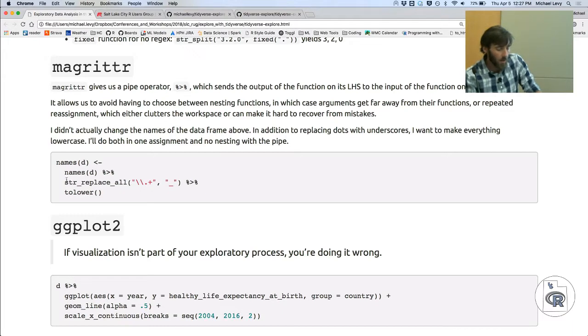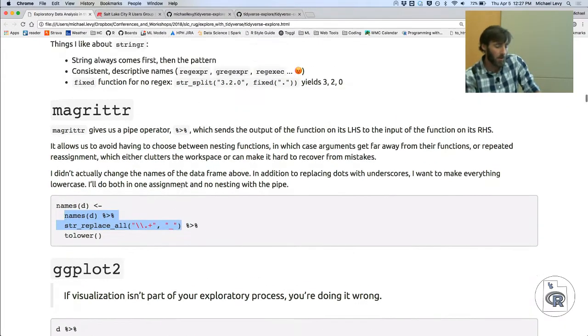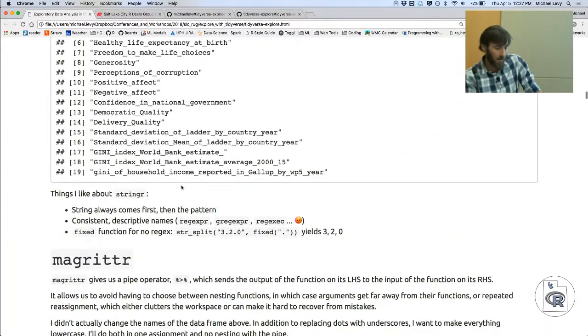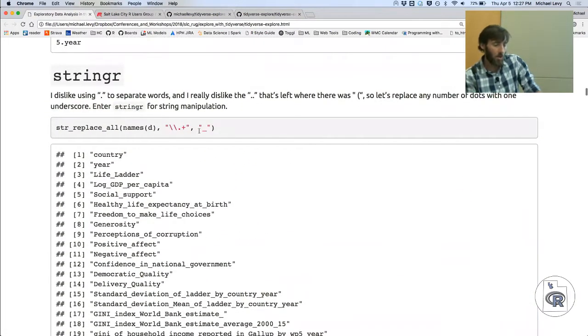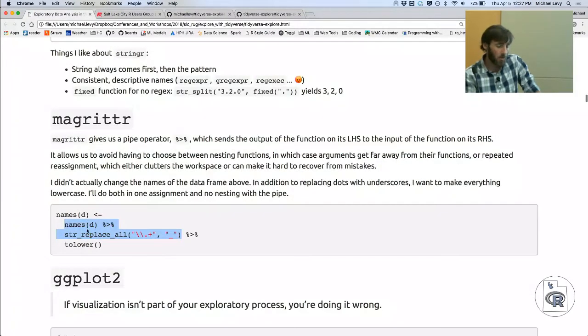So this chunk of code here is exactly the same as this chunk of code here, right? This is saying names of D is the first argument to string replace all. Names of D is still the first argument to string replace all. I've not specified the first argument here. And then I take the output of this and pass that through to toLower. So it allows us to chain operations together